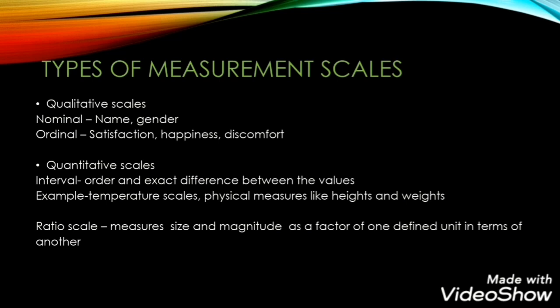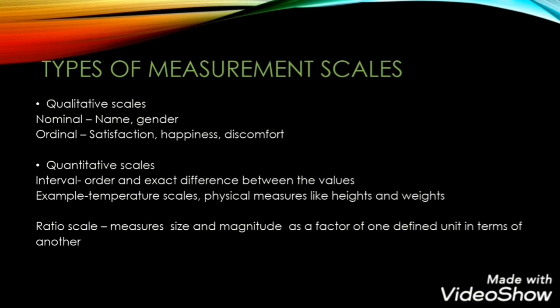In statistics, there are 4 types of scales, namely nominal scale, ordinal scale, interval scale, and ratio scale. But for SPSS, we have only 3 scales. So we have to choose the appropriate scale while entering each and every variable. For which we must have a better understanding of the concept of these scales. So let us throw some light upon the different types of scales along with examples.